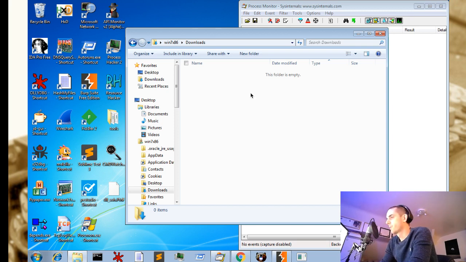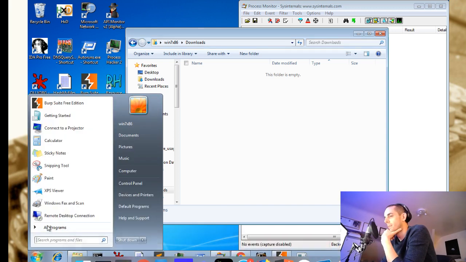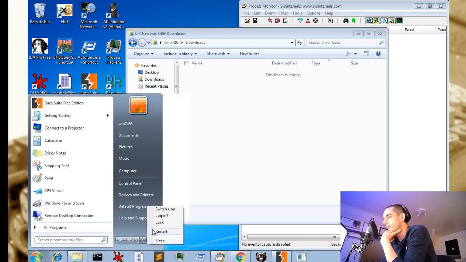One last try before I reboot. That's why I use a MacBook. Fucking Windows. It's not looking good. Let me reboot. What I will do